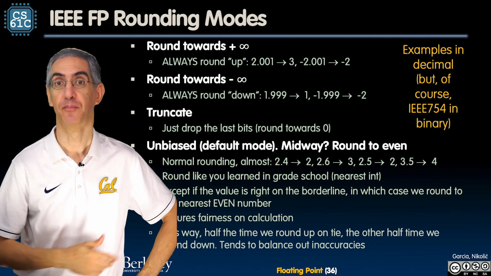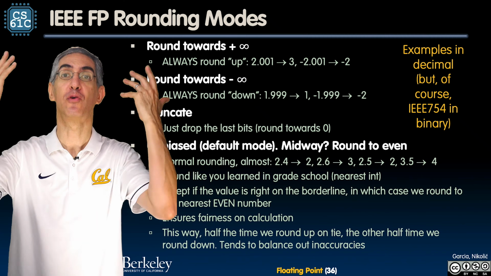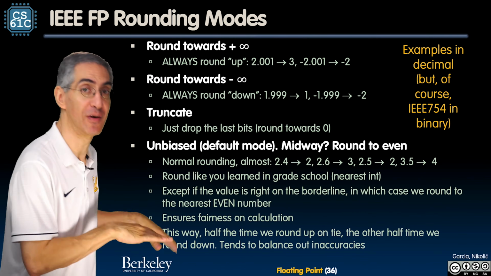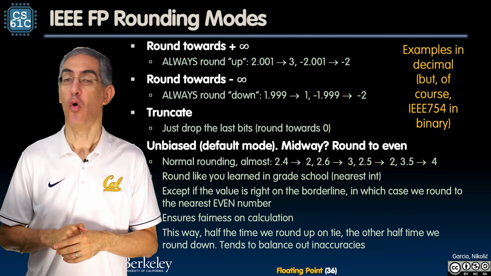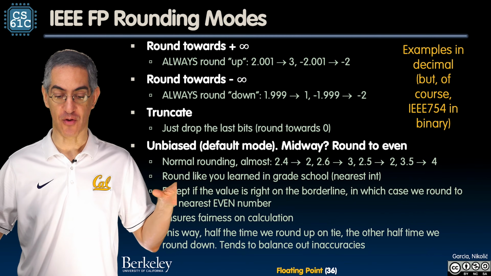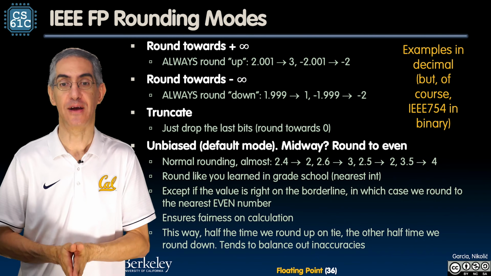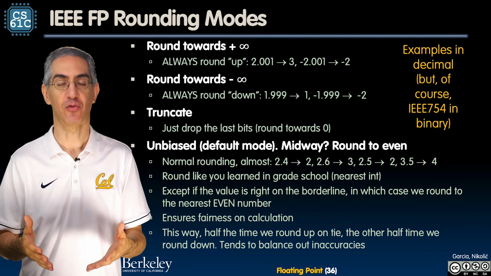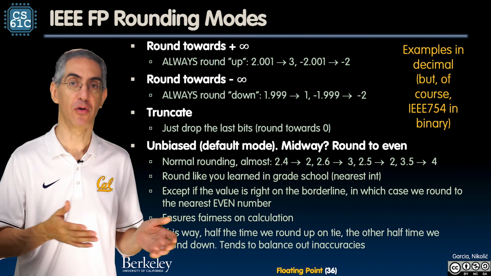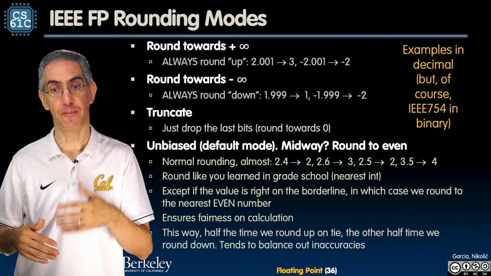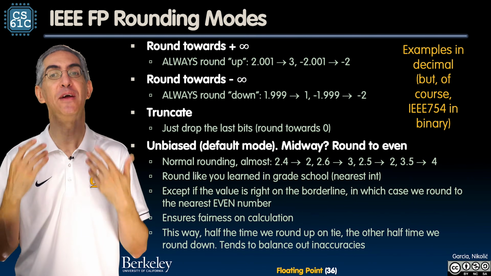There are 4 rounding modes. You could either round always toward positive infinity, always to the right on the number line, or always to the left on the number line, always towards minus infinity, or just truncate it, which actually means always rounding it towards 0. Or, here's the more clever way, you could have it in an unbiased way. Rather than always bigger or always smaller or always towards 0, you could sometimes go up and sometimes go down. And that means when you're midway,